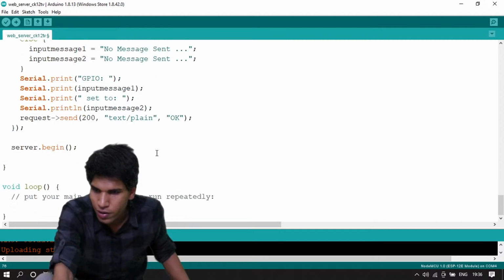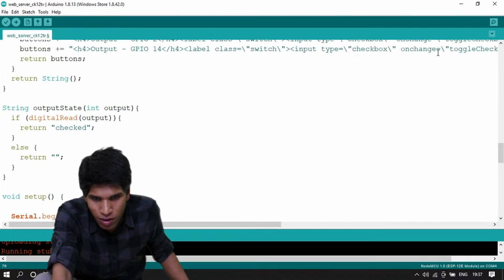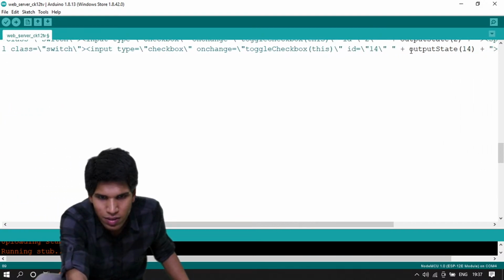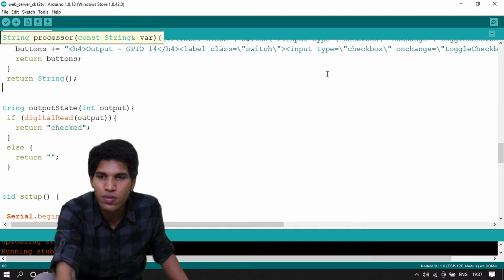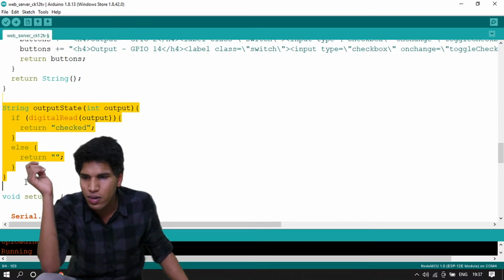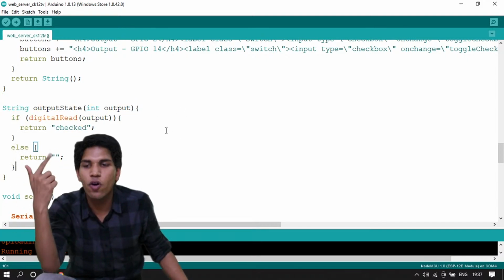awesome. So we created the buttons, and because you saw there was an output state function that we were defining here, we have to create that function. What does that do? It checks if the button is on or off.